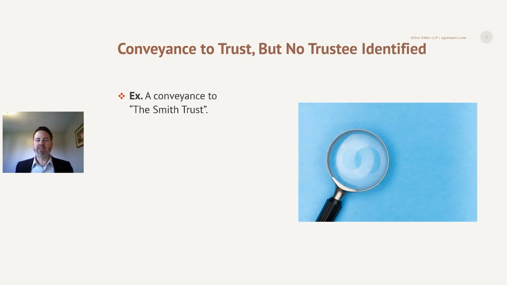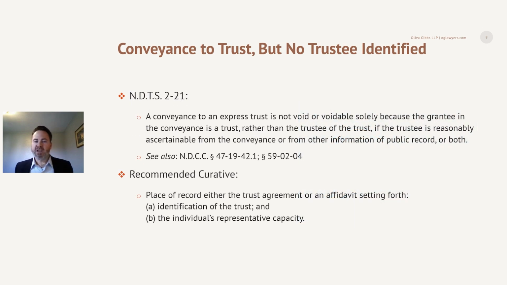So now let's look at the opposite circumstances. In this example, consider a conveyance to the Smith Trust. This deed does not identify a trustee. Problem? Yes, no trustee identified. So section